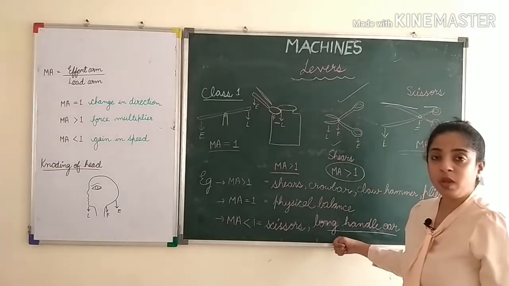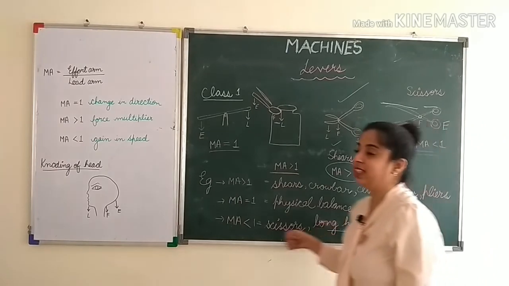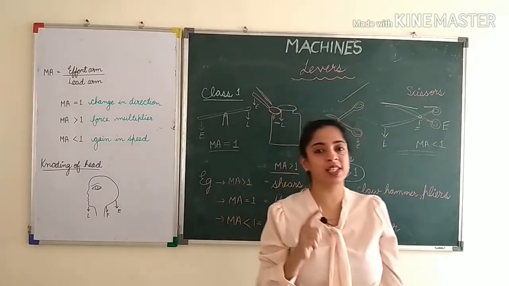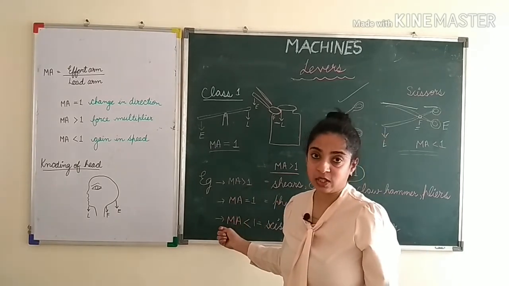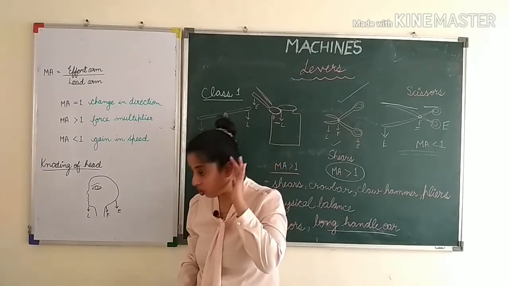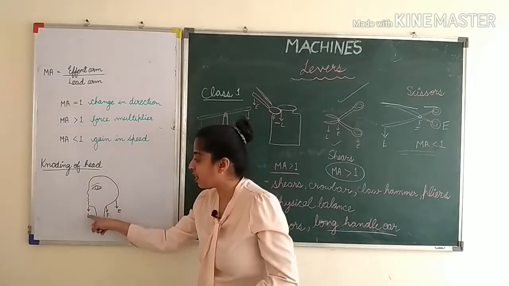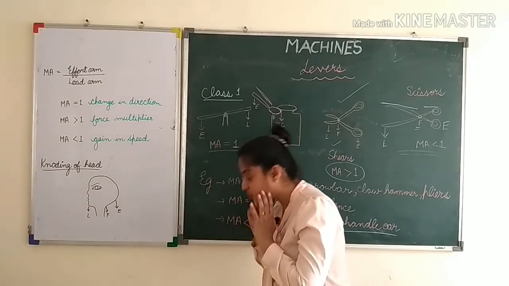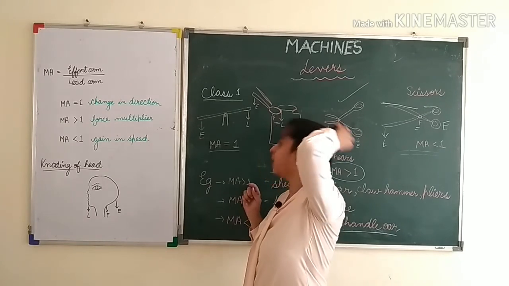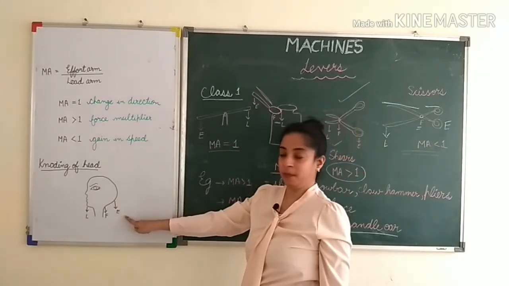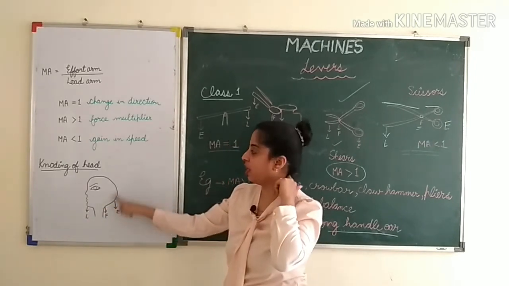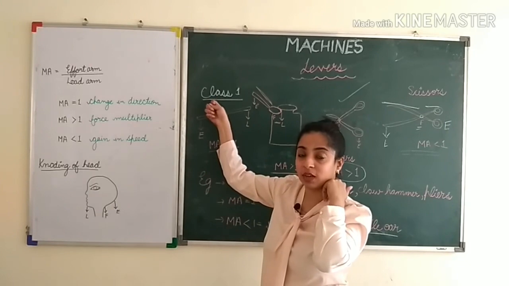Okay. Now one more important question that comes from this section is use of lever in human body. Okay. So you should remember one example each of all the kinds of lever. So in class 1 lever, the example is nodding of head. So whenever you are nodding your head, your load is this side. ठीक है, आप अपना सर नीचे लाने की कोशिश करते हो, तो load is this side. जुड़ा हुआ कहाँ से? यहाँ पे, और हम effort यहाँ डालते हैं कि वो पीछे आए. तो effort पीछे है, fulcrum बीच में है और load यहाँ है. तो जहाँ पे भी fulcrum बीच में होगा, it will be class 1 type of a lever.